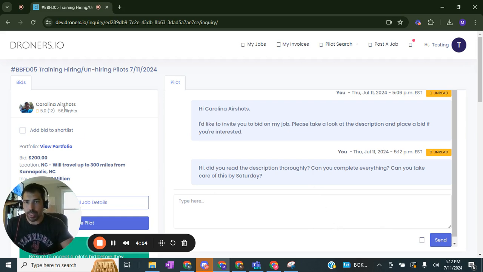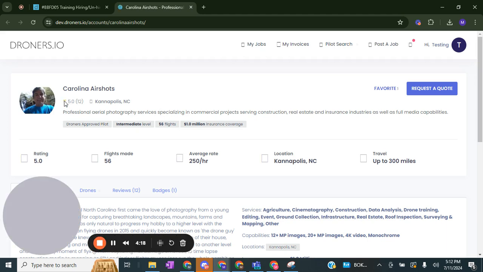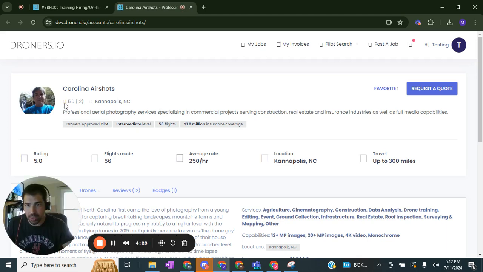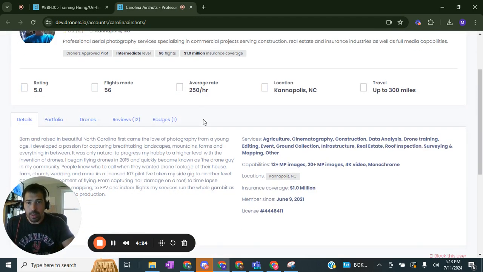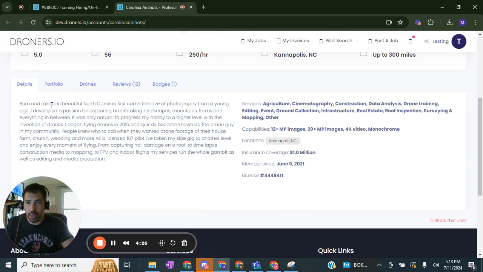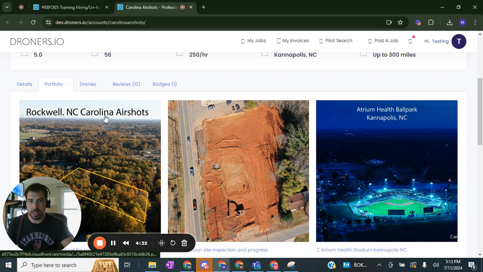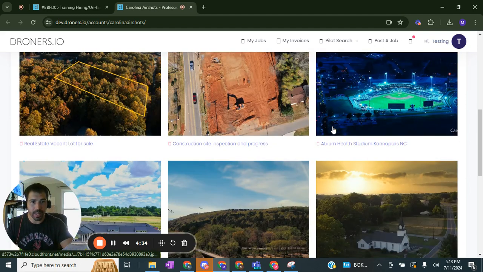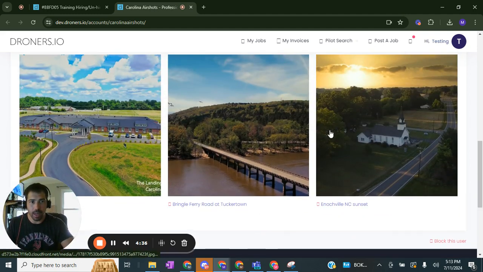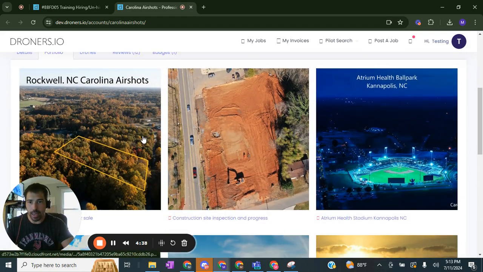So what I'll do is I'll click on Carolina Air Shots, and normally you'll see stars right here. Again, that's just because we're in a staging environment, not in production. So here he has a description of who he is, what he does. Then we have the portfolio section. He has 6 images. You can look through the images he has here, his drone images, and